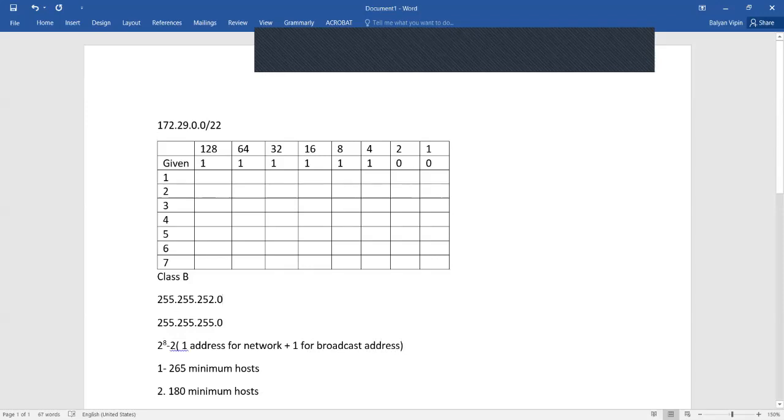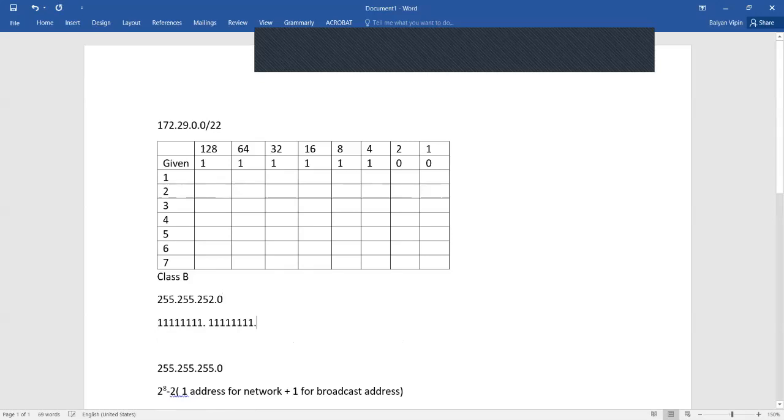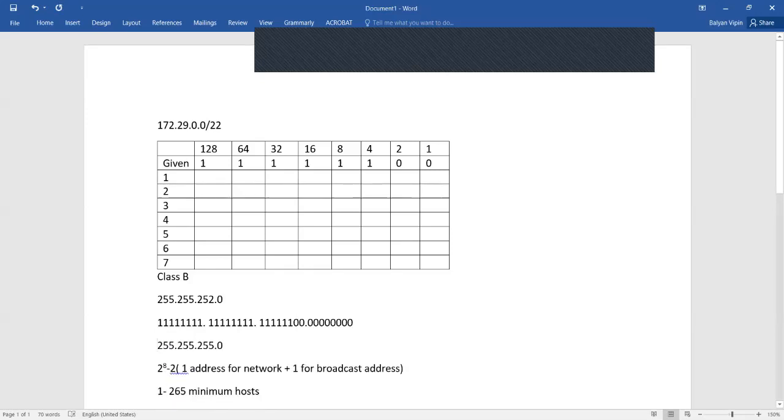If I write it in the form of a binary number again, it will be something like this: we have 111, dot, and 22 means the last 2 bits are 00, and then you have all these zeros: 4, 5, 6, 7, 8. So here the number of bits which are not used in the network is 10.